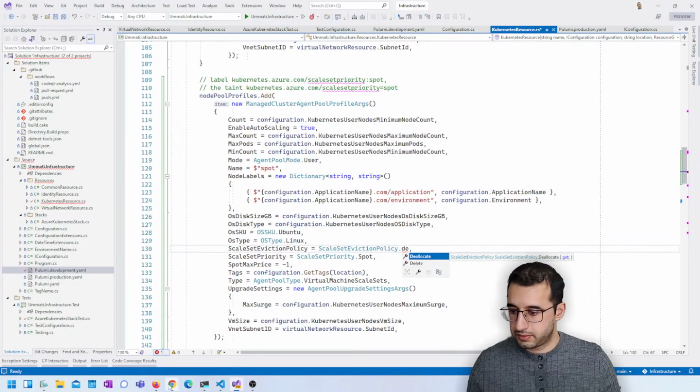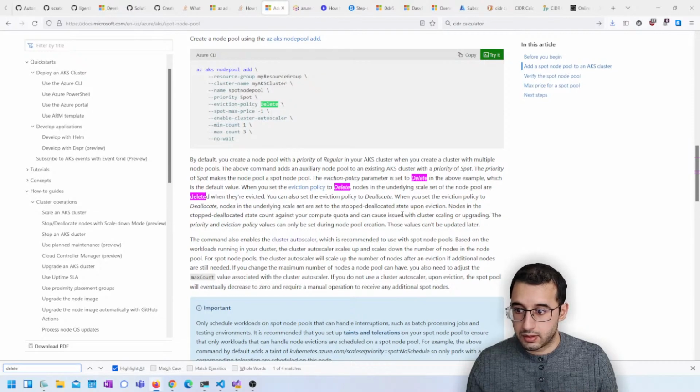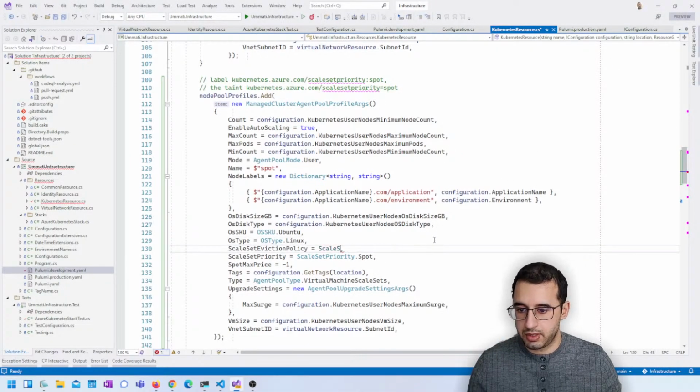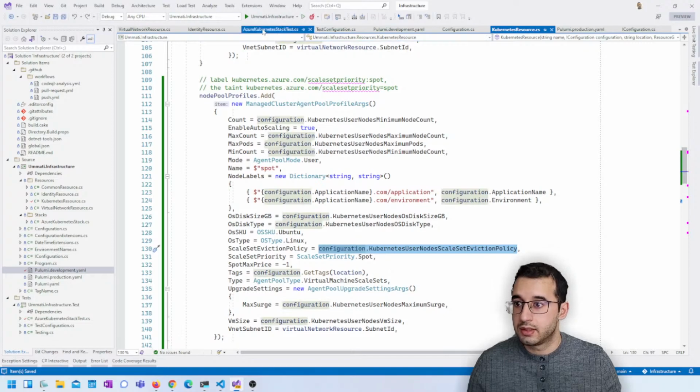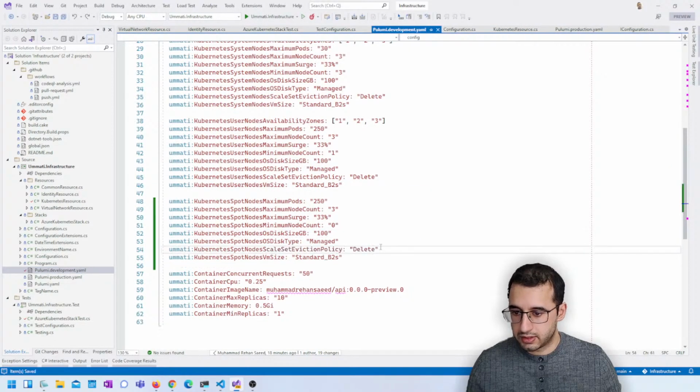I think that's... you can also set the eviction policy to deallocate. Okay, so you can set it to deallocate, so maybe not. We'll keep that setting. I think I remember reading that and thinking, why are they talking about that? So we can have delete, but we're going to have delete in our